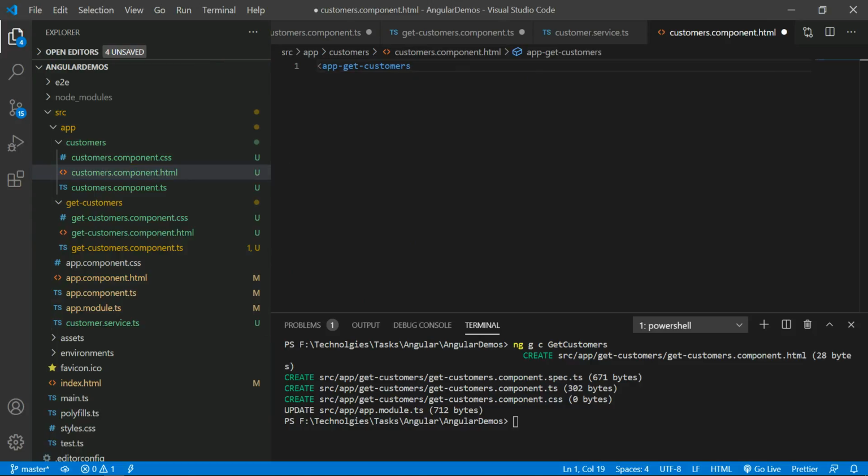That's it. Let me save and execute. What I'm doing is, whatever code I had in the customers component, I just moved that code into my new component, that is the get customers component. After that, I'm giving the get customers component reference into the customers component HTML. That's it.